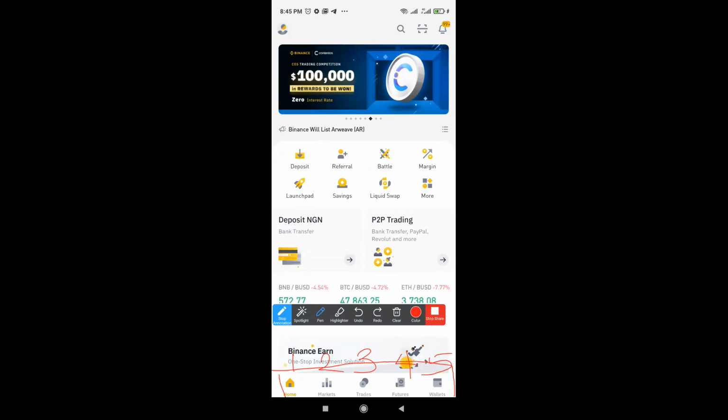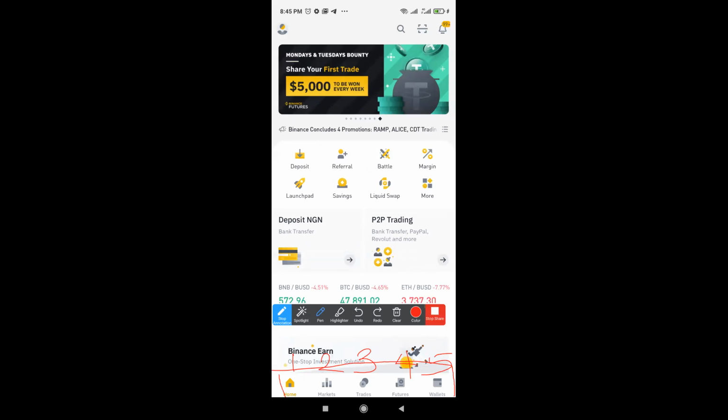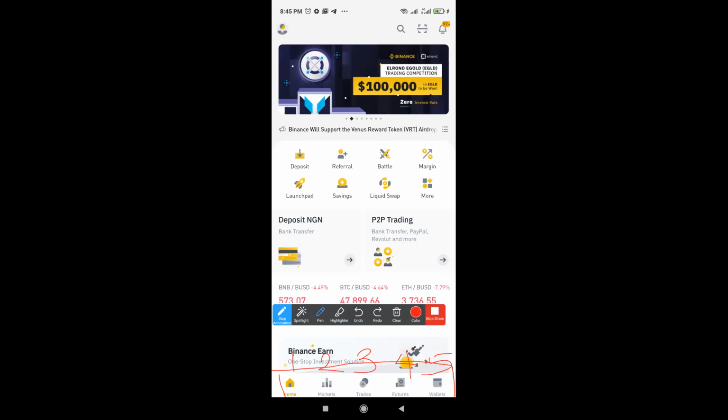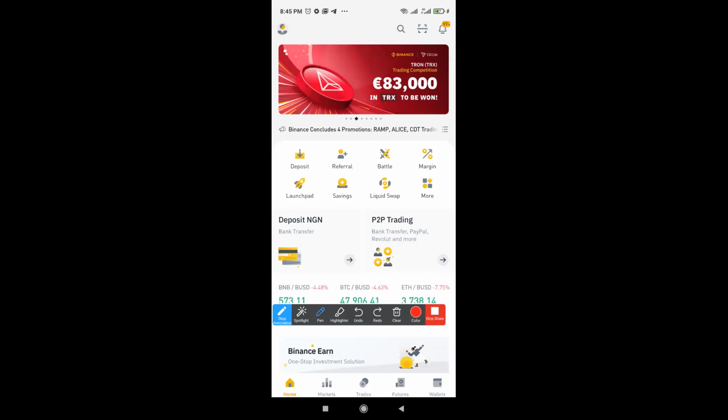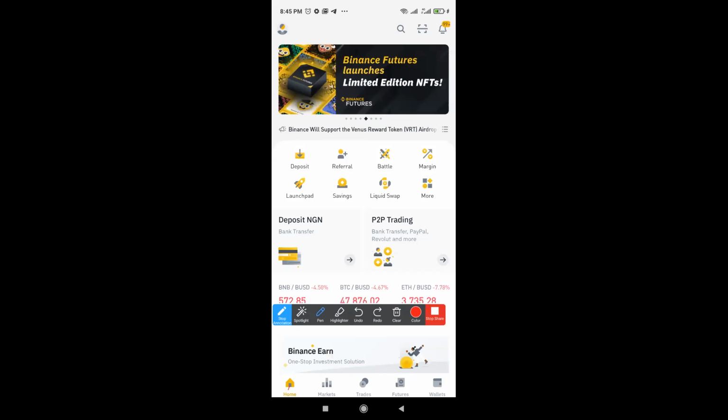Let me move into how to buy and sell, but I'll need to explain all these places for you to understand that. I'll explain these 5 places, and then we'll move into how to fund your wallet and then how to buy and sell. Now, home is the dashboard you're seeing right now.